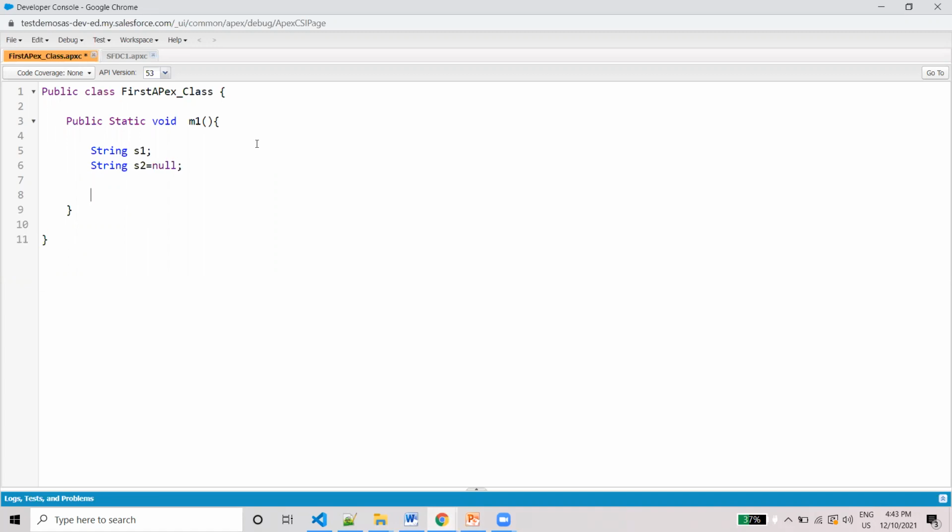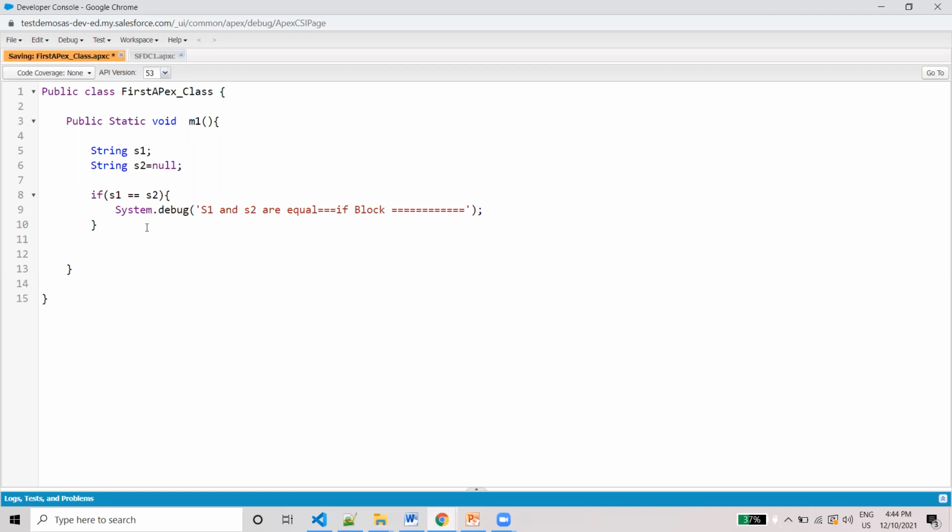Now if you use if s1 double equal s2, system dot debug s1 and s2 are equals.